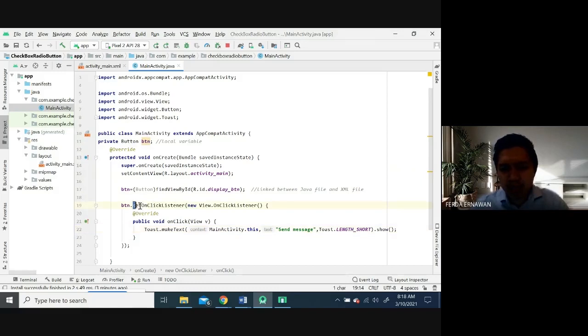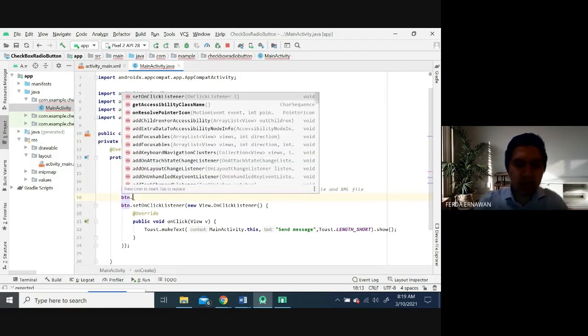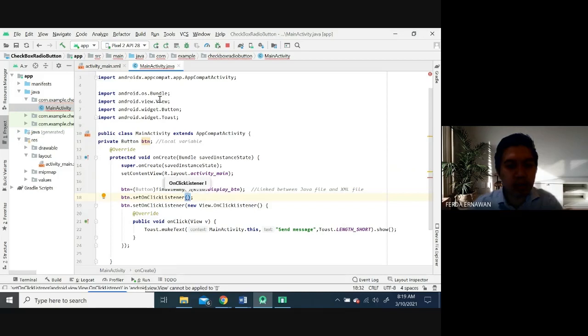You don't need to write all of this. Remember, I don't type all these sentences, I just use btn dot, and it shows the suggestions. Android suggests the possible methods that you want to choose. If you want to choose the first suggestion, just press tab, the tab button beside Q on the keyboard. Can you see?